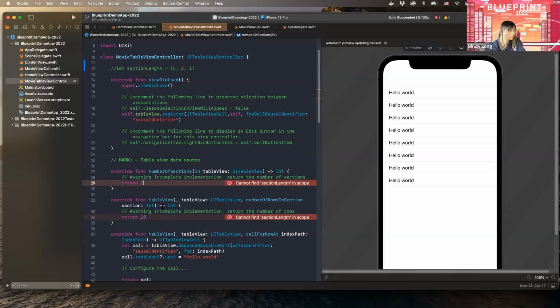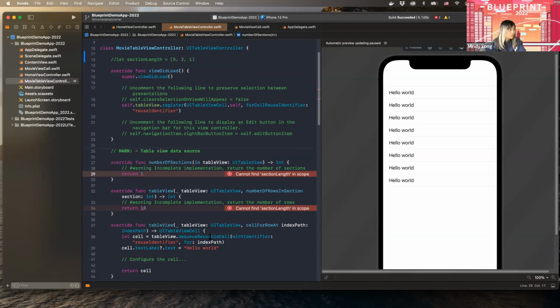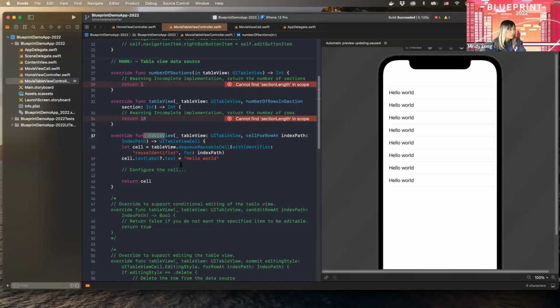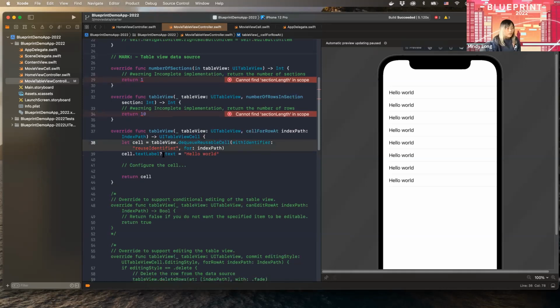All right. So the next function here is going to be pretty important. It's essentially saying what cell should I display at a certain row at a certain section on the screen. And that can be really useful because let's say you have multiple types of cells you want to display, right? For example,